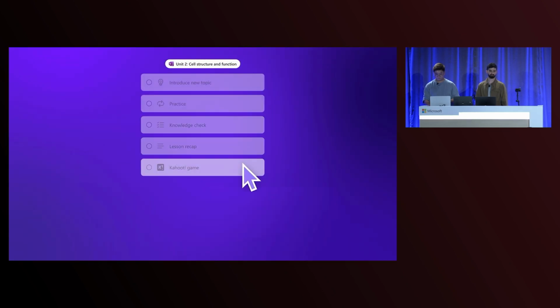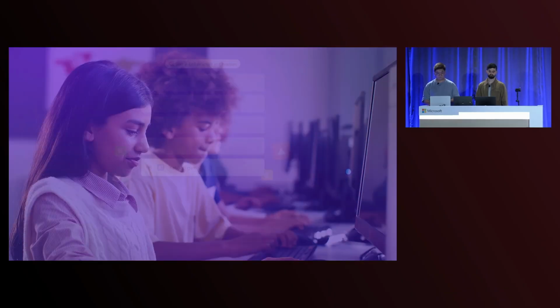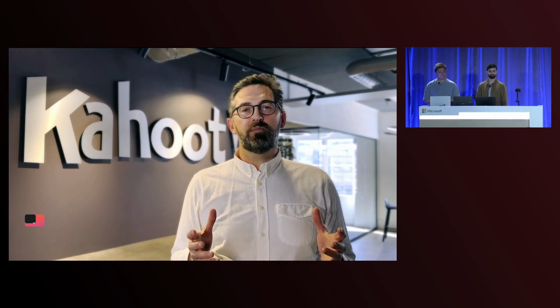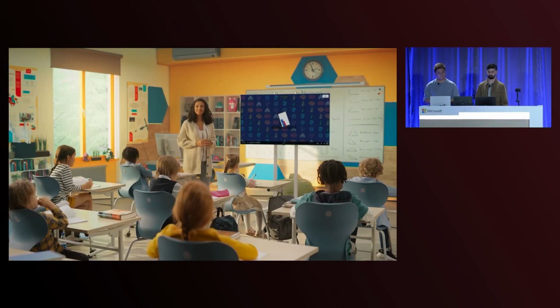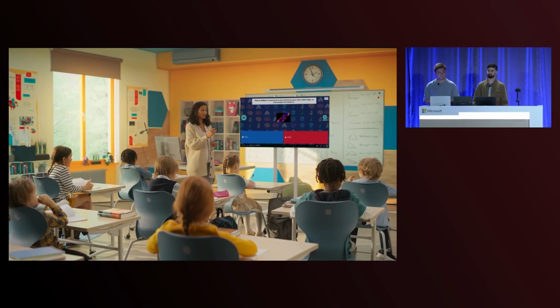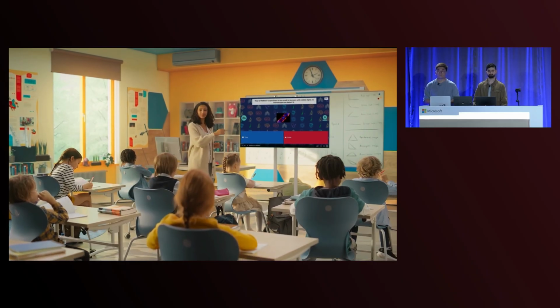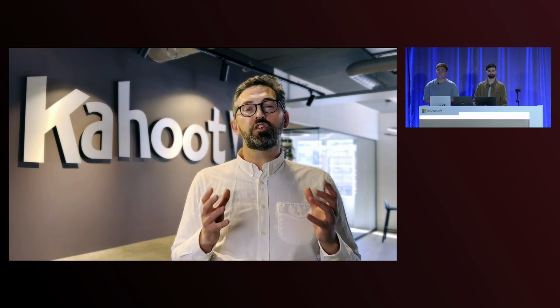As part of Project Spark, we're collaborating with Kahoot to create classroom games powered by on-device AI, making learning more interactive and engaging. Kahoot is a game-based learning platform that makes it easy to create, share, and play learning games or trivia quizzes in minutes. To support an engaging and effective gamified learning experience, the platform is designed around optimal question and answer lengths. This ensures that content remains clear, focused, and easy to engage with during gameplay.